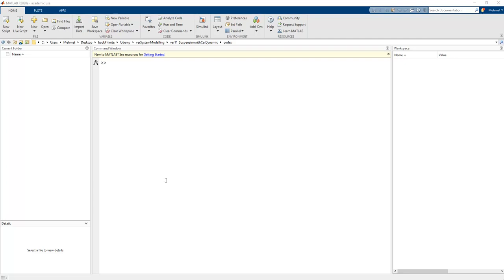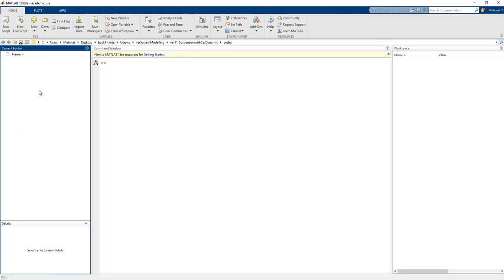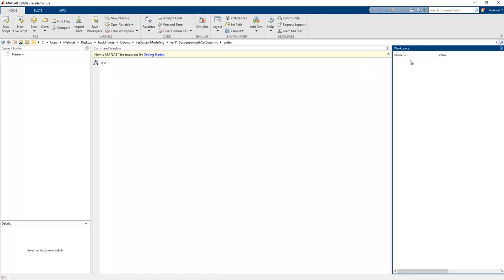Hello guys, in this lesson we will try to create a Matlab Simulink model to represent the suspension with car dynamics model. In the Matlab Simulink application, firstly we need to understand how to use the Matlab IDE, Integrated Development Environment, and so we have a command window in here to write a specific code to be accomplished by the compiler. And so we have a current folder in order to store any library or the Simulink file, and